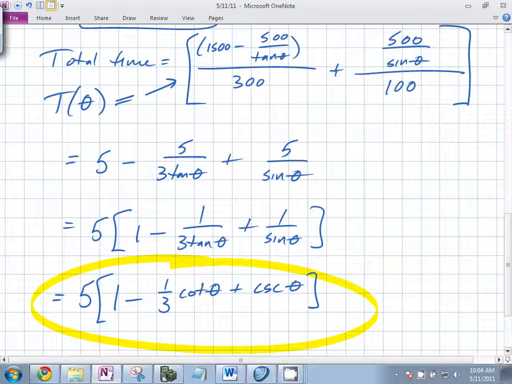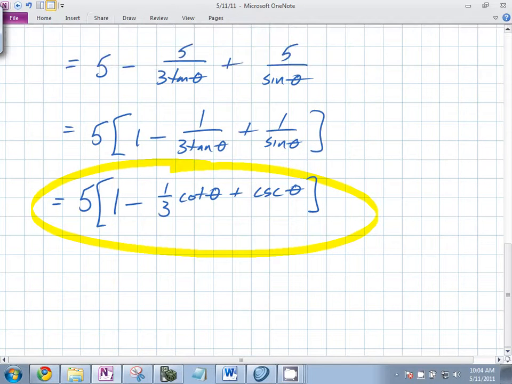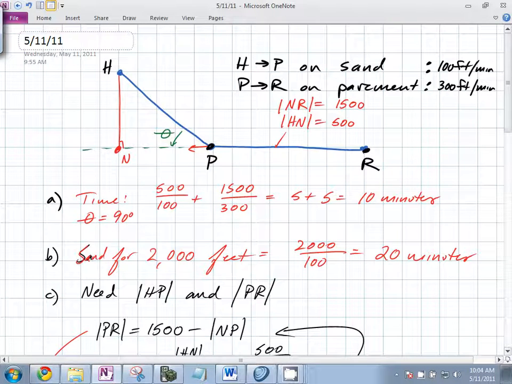So D, now it says what? For part D, what does it ask you to do? Calculate the time if you walk directly from the parking lot to the house. Directly from the parking lot to the house. So directly from the parking lot to the house is going to be this distance right there, right? You could just use the Pythagorean theorem. Absolutely. You could,